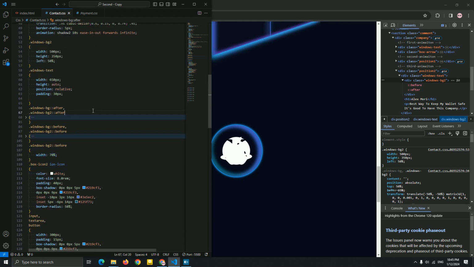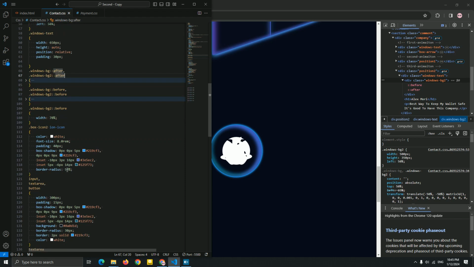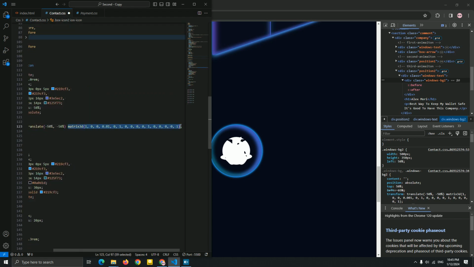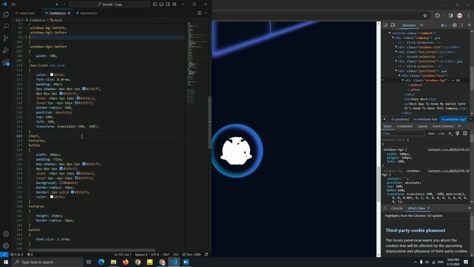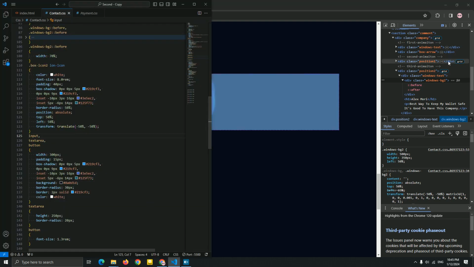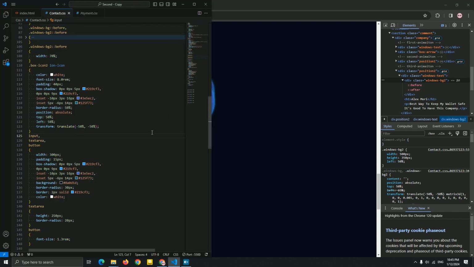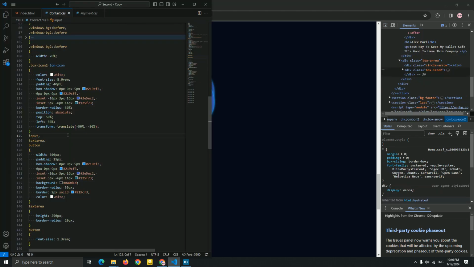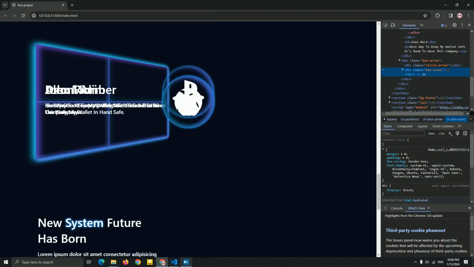You need this. Where is it? There we go. Paste it. We need the matrix 3D. Delete it. Very good. Let me see what we need. This. Okay. So this is a box icon too. This is good. Very enough. And let me see why this has happened. So for now, let's keep this position of this box icon.